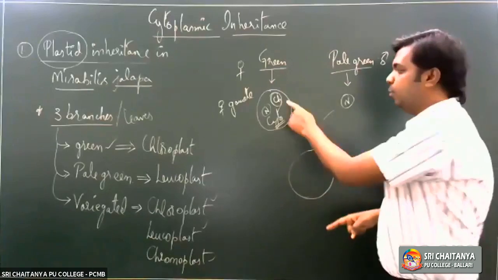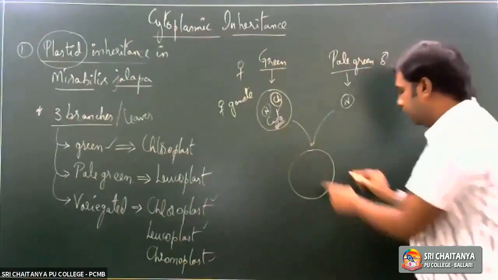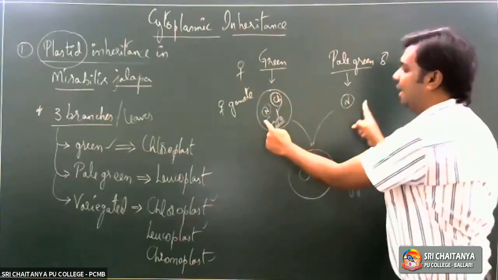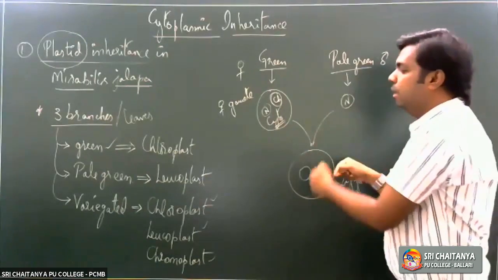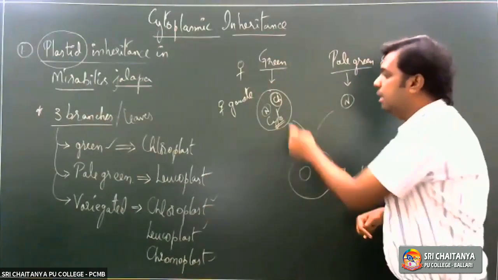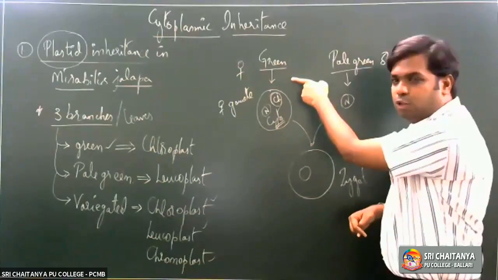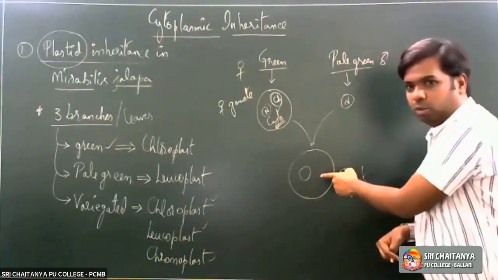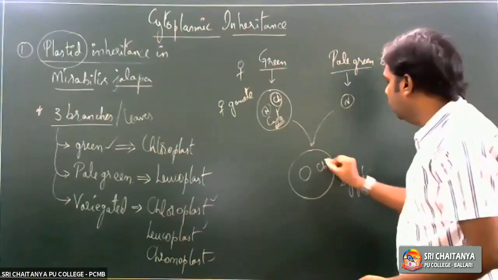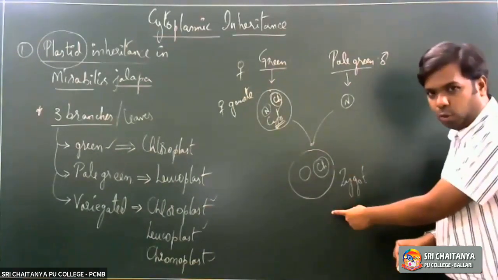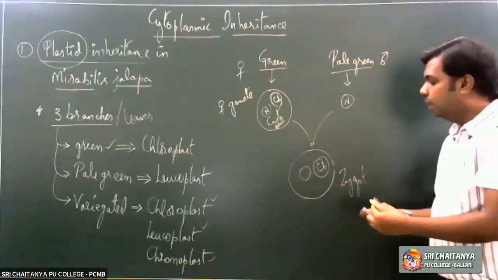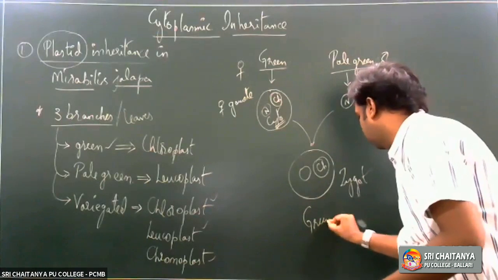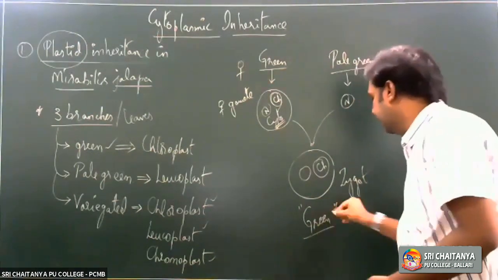Now, since chloroplast is present in the cytoplasm, the offspring, that is this zygote, will inherit the nucleus of both the male as well as the female. At the same time, this zygote will inherit the cytoplasm from the female. So whatever plastid is present in the cytoplasm of the female will be inherited into the zygote. So now this zygote also will have chloroplast in that cytoplasm. Therefore, which color branches or leaves does this zygote produce? It again produces green leaves or green branches.